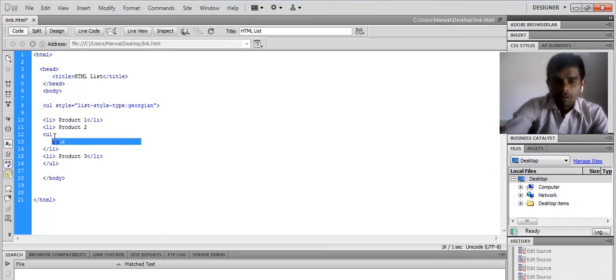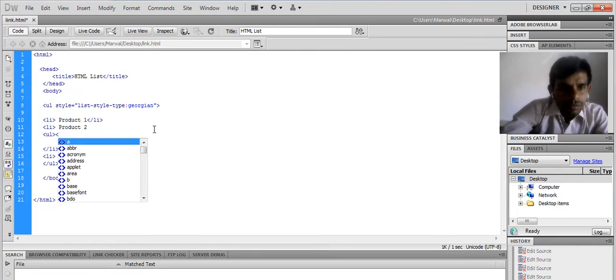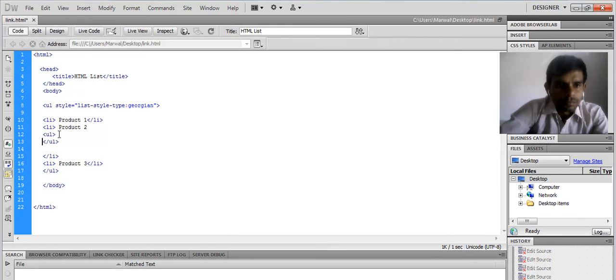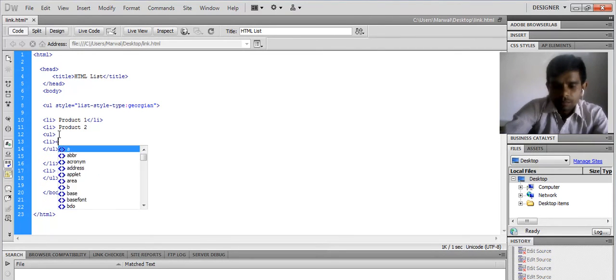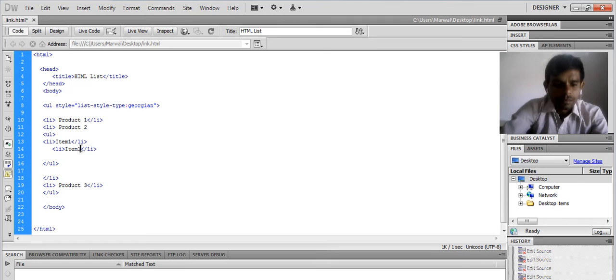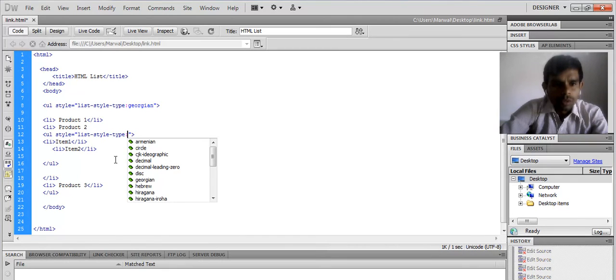So unordered list, item first, copy, paste, use style to show according to the pattern.